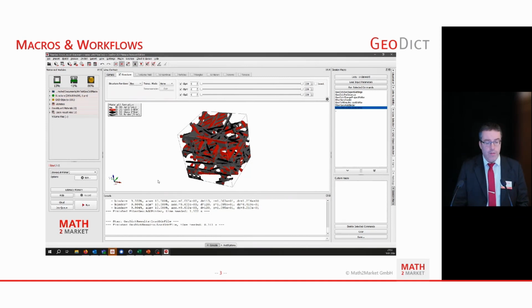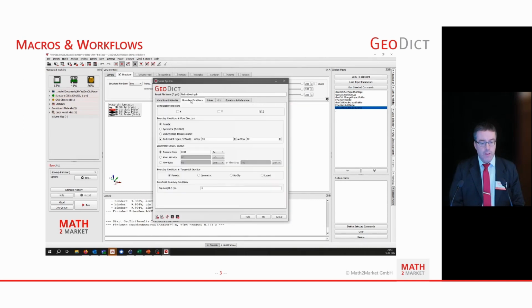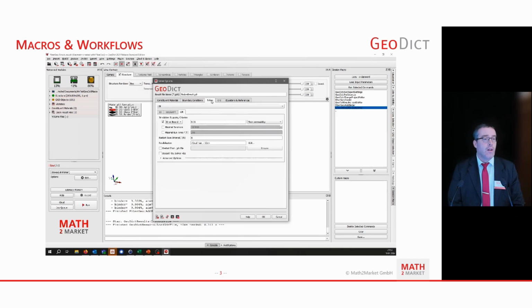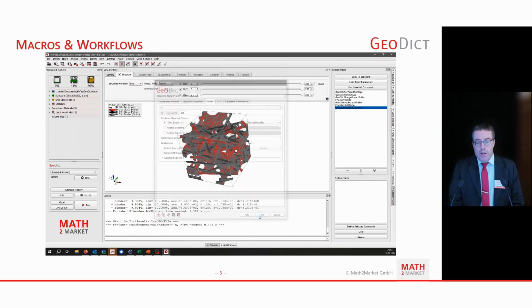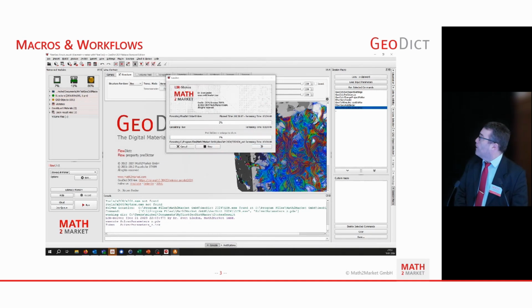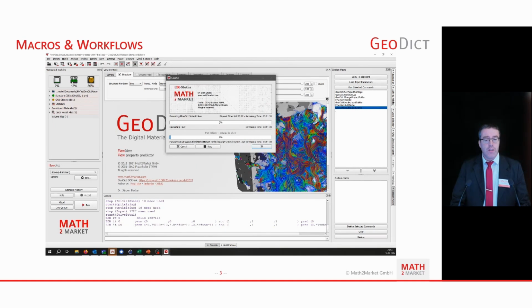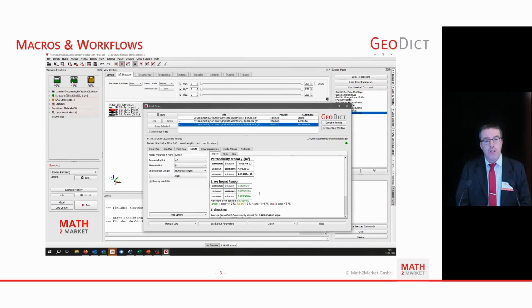Here, for example, setting the material parameters, setting up the flow simulation. And while this is running, again, on the right-hand side, the session macro is visible. We can copy that to our macro, store it there.